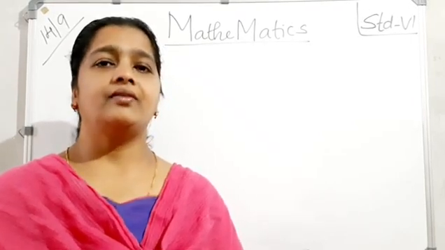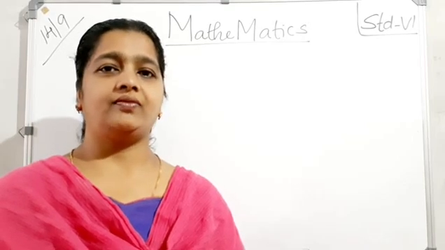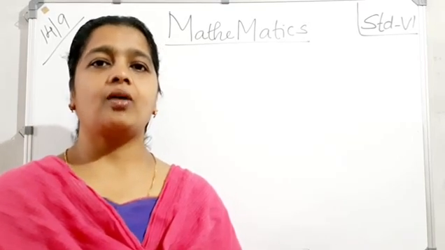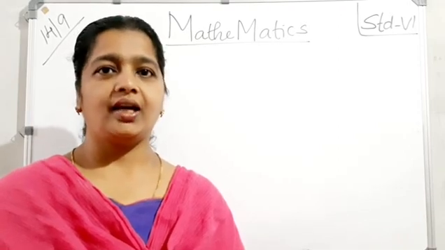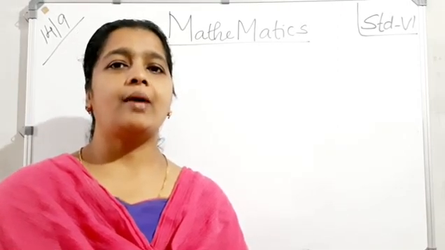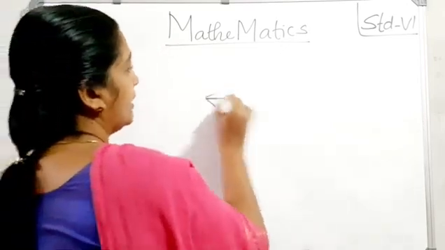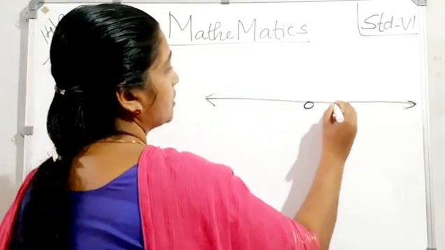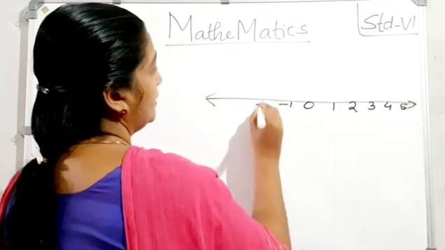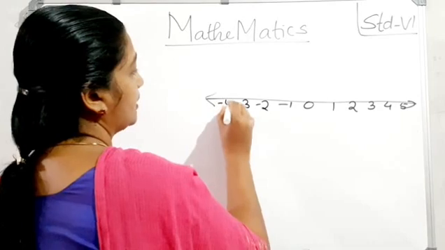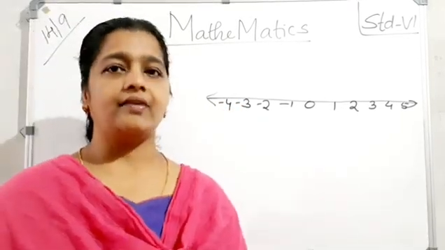Then next we can go to last day's topic, integers. You know about that one. Integers is the collection of positive numbers, negative numbers with the 0. Understand? Then the representation on the number line: 0, positive numbers on the right side, then here on the left side negative numbers. Clear? Yes. From that some questions we can also work out.